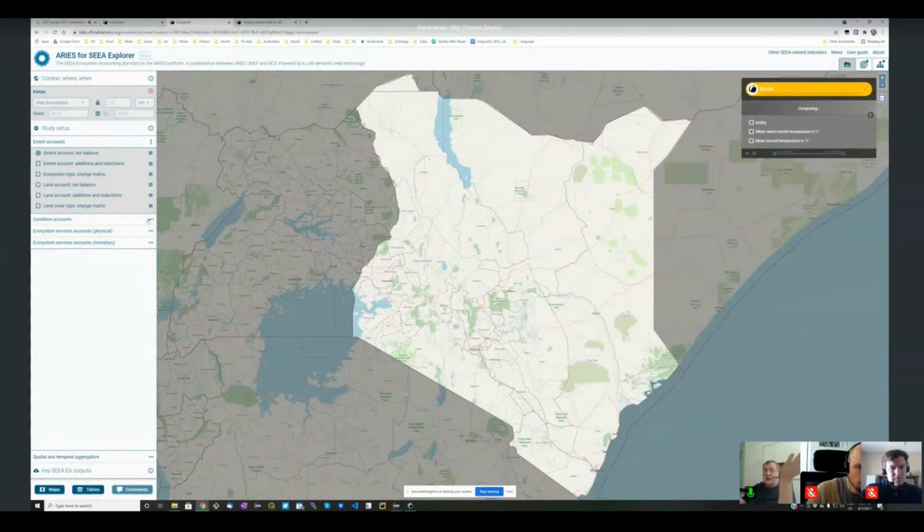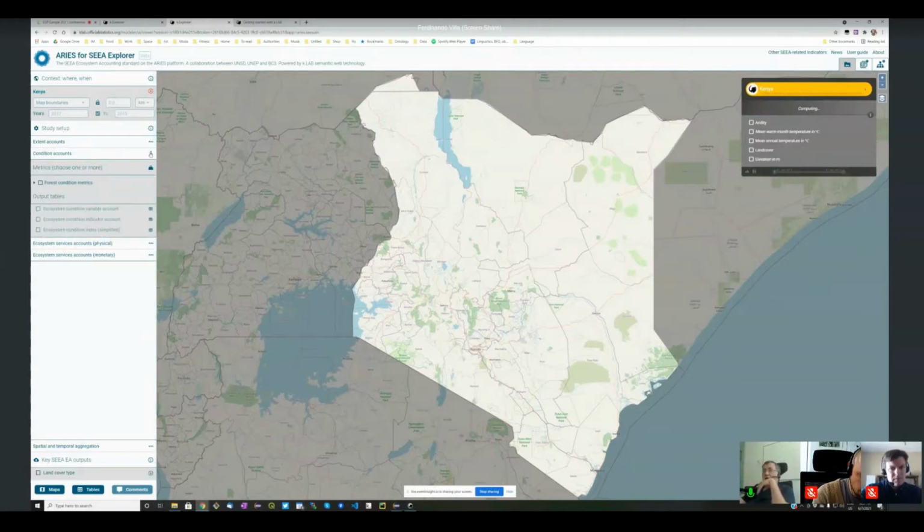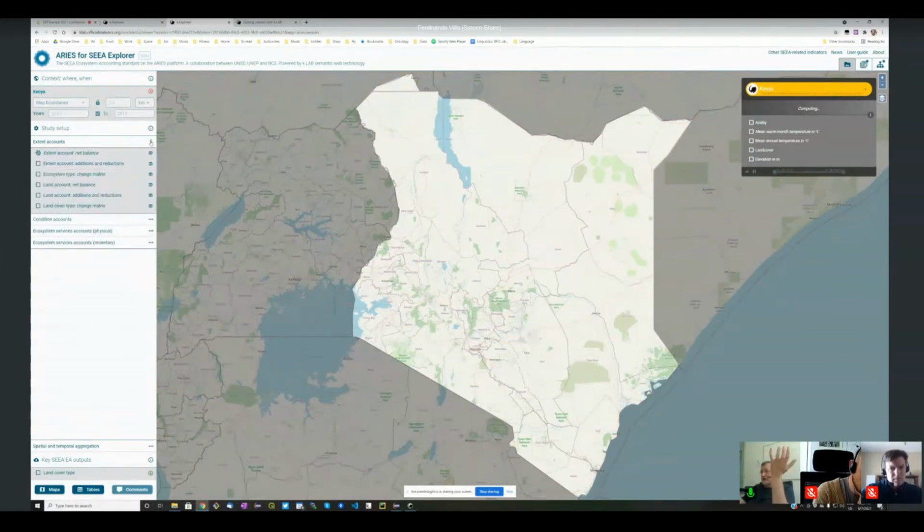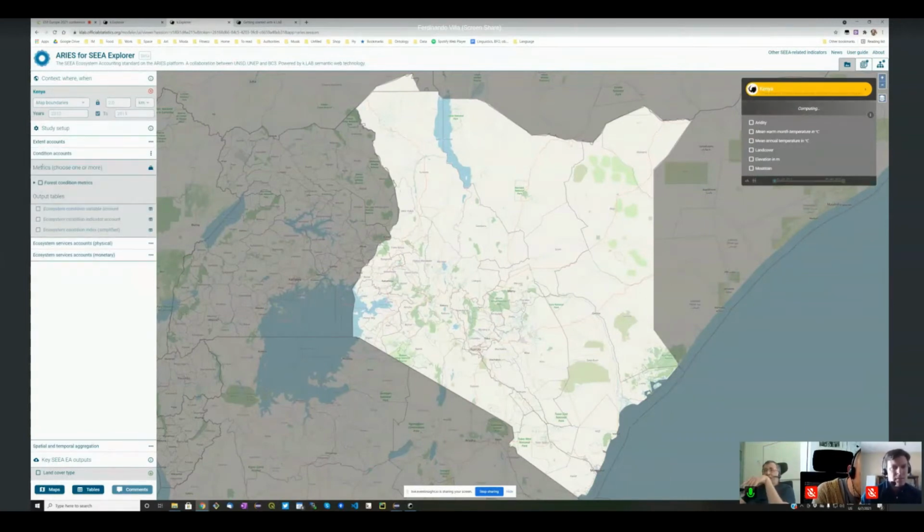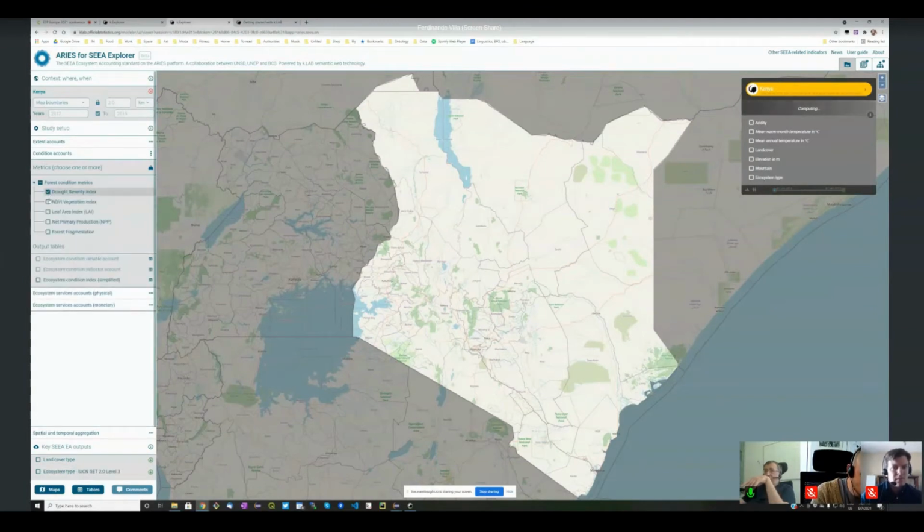So in this specific application, which is meant to satisfy the SEEA standard, which has been approved in March, we can ask questions about extent, which is the physical extension in area of all different types of ecosystem recognized by SEEA. Condition accounts, so I can choose some metrics of condition, like NDVI, drought severity, etc. And then I can ask for a table about the variable, the indicators, the index, according to the SEEA standard.